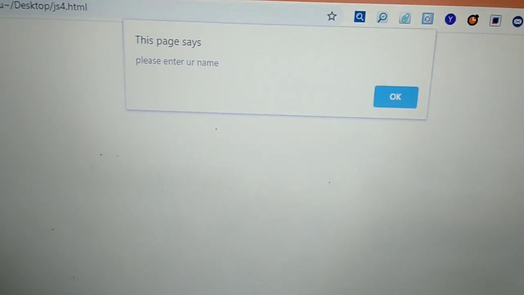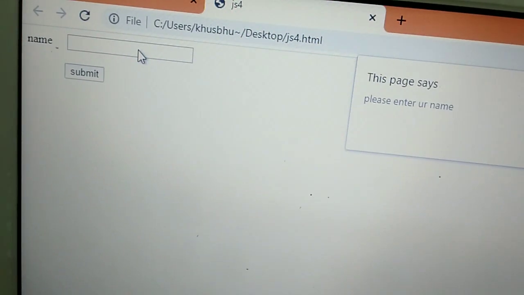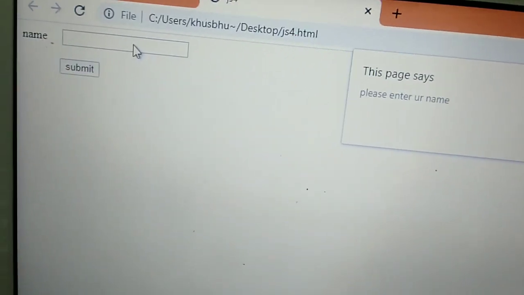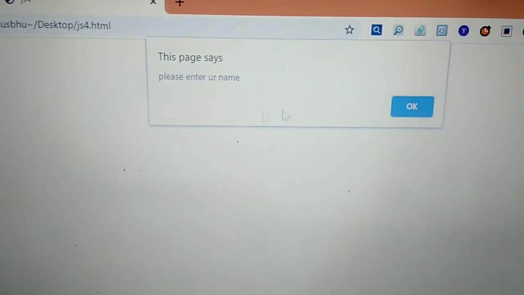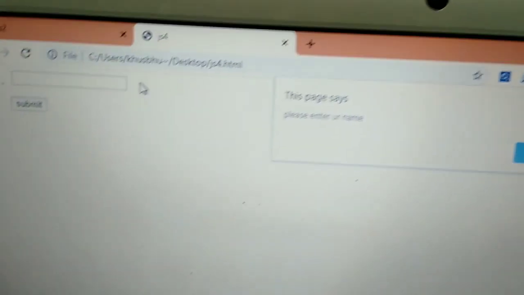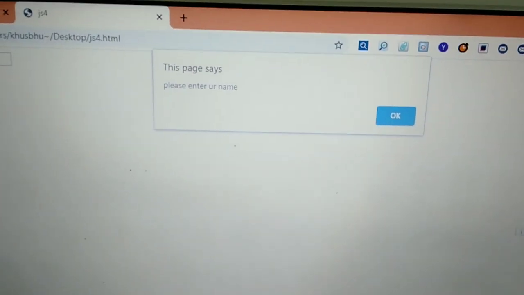Please enter your name. It is known as validation. Means I have to compulsory write my name here, and then I can select submit button, because it is a validation. Means it is mandatory. You have to compulsory write your name.